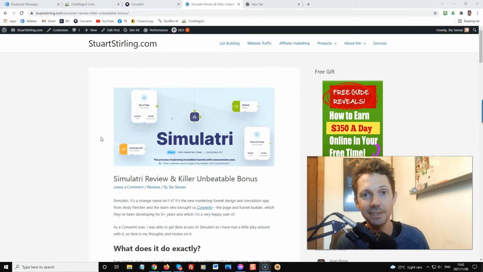So you can set a target conversion rate for your opt-in pages and your sales pages, and you can add in numbers of traffic, how much traffic you can expect on a daily basis to go through into your entry points, and then you can see the performance and have a good idea of how well that funnel is going